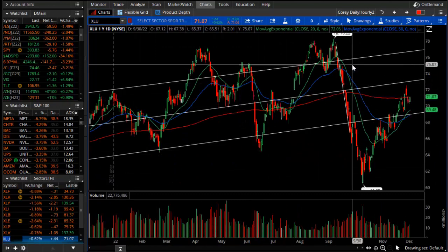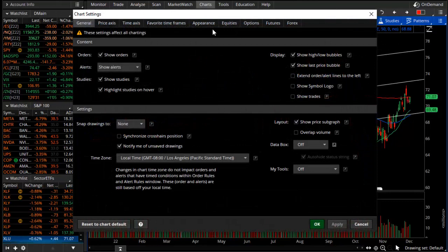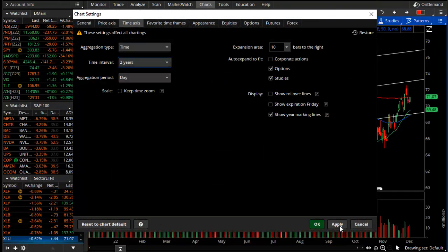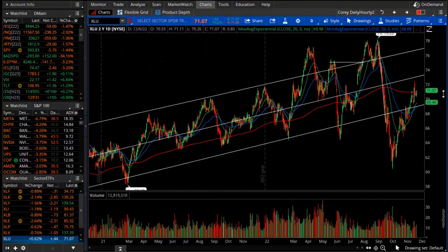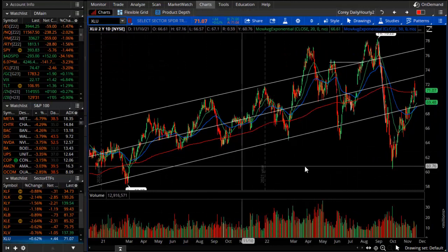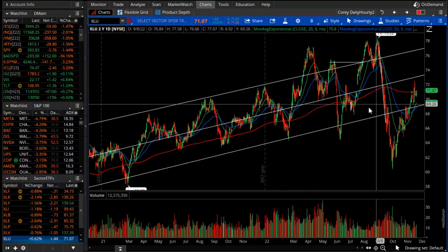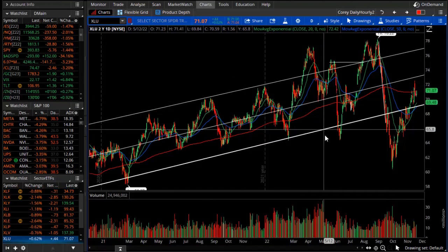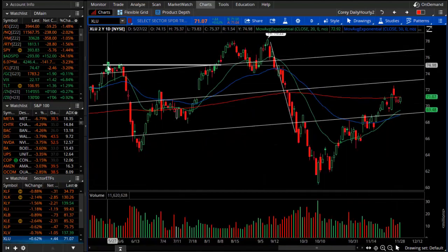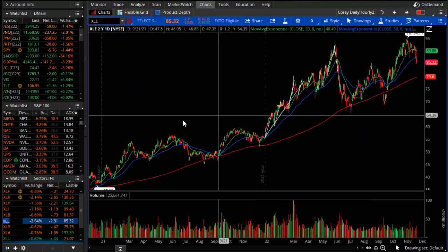XLU is more sideways. I would pull this perspective when you're looking at trade setups to a little bit farther back, 2 years back, and see that its parallel trendline channel, we've had volatility for the bulk of 2022, but it does have a rising trendline pattern. So that is not a lot setting up at the moment for XLU, but the one that stands out is